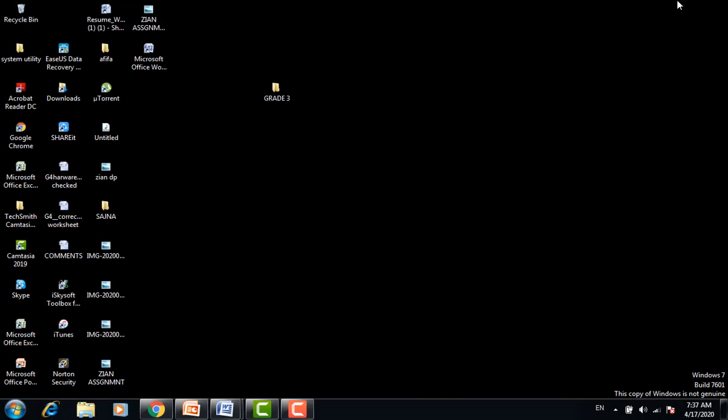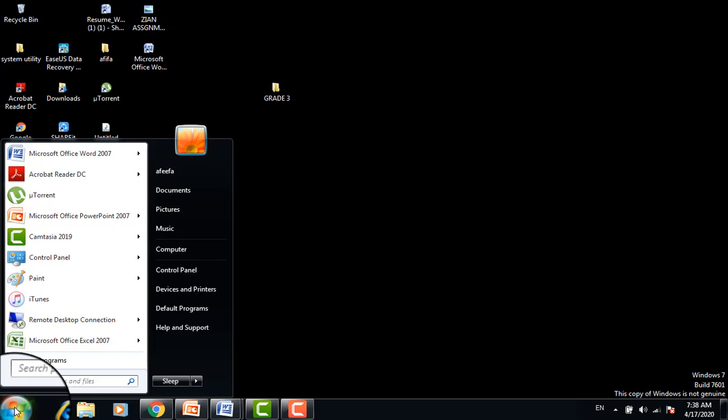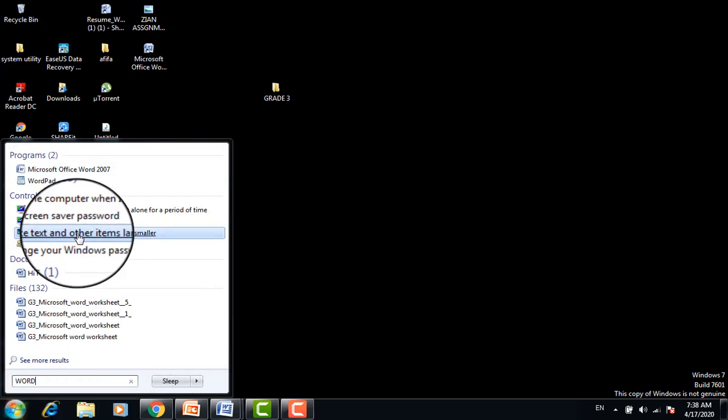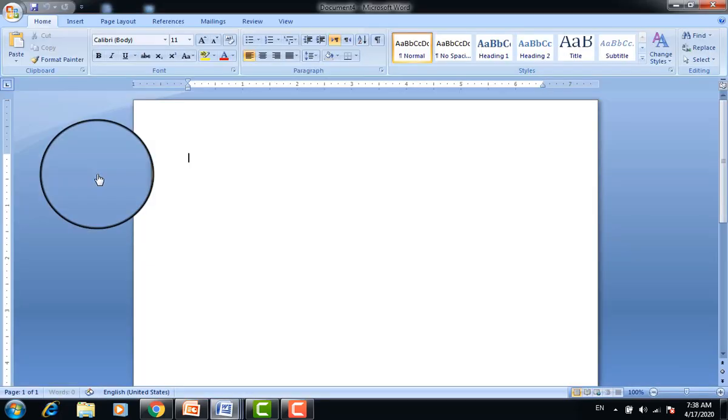The first step is to open Microsoft Word. There are two methods. Either you can press the icon of the Microsoft Word program on the desktop, or you can click on the Windows button and type Word, and you can choose the program. Here we are. This is the basic screen of Microsoft Word. We are all very familiar with this, but I'm just recalling the important things on the screen.